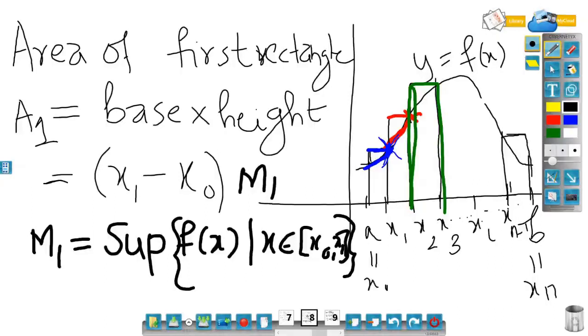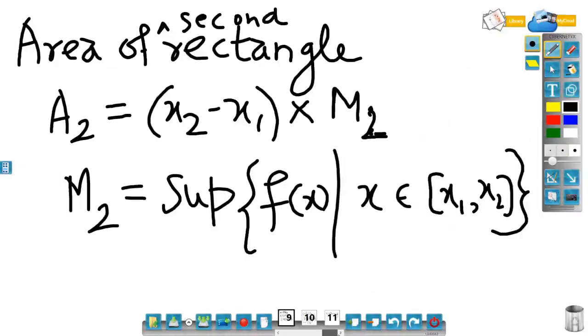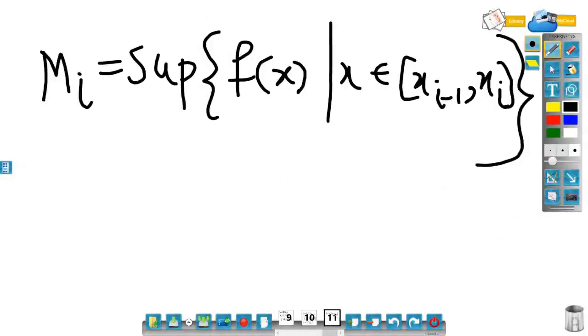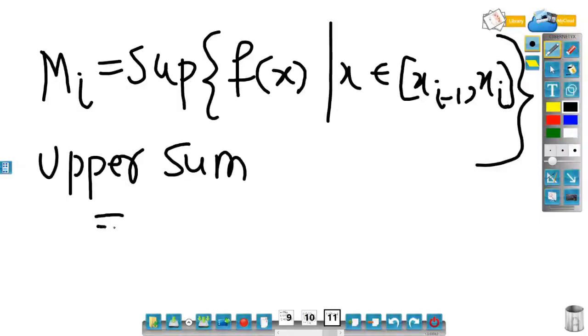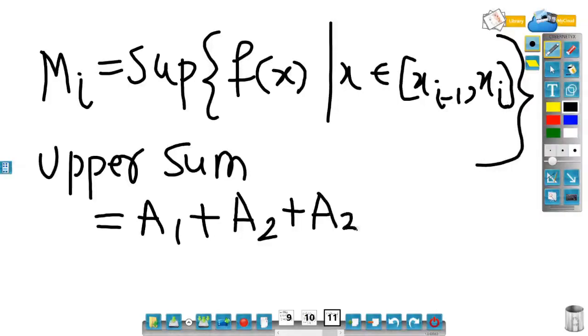If I write down the areas of all these rectangles in general, then the total area, A1 plus A2 plus dot dot dot, if I club all this area, that total area is called the upper sum. So upper sum is equal to A1 plus A2 plus A3 plus dot dot dot An,